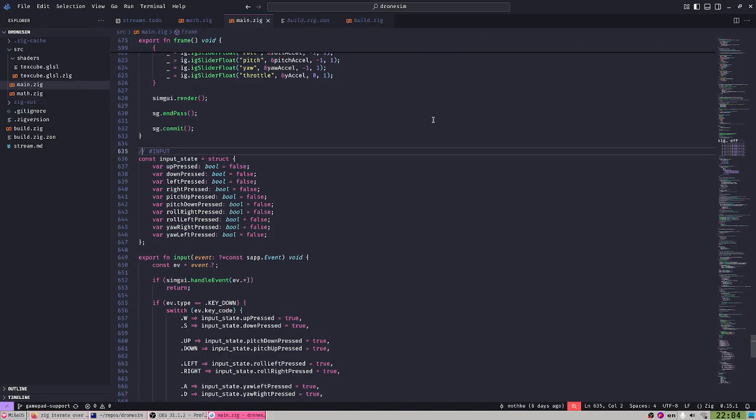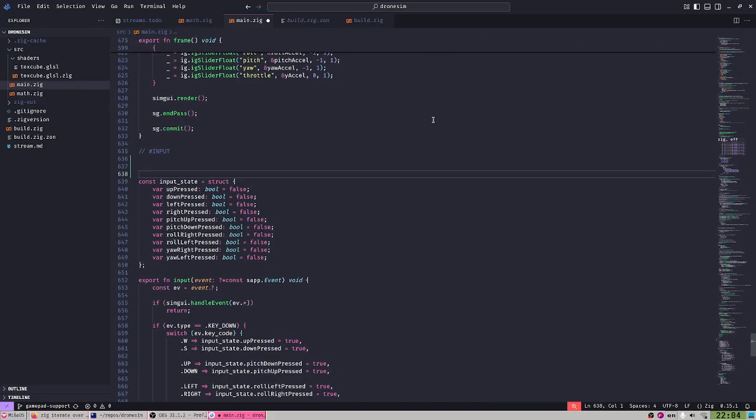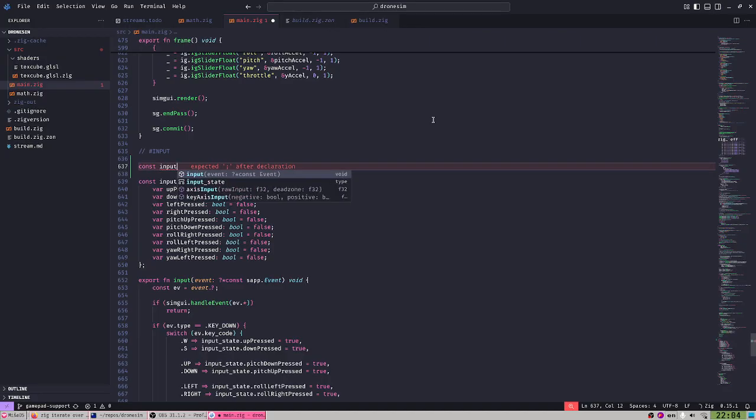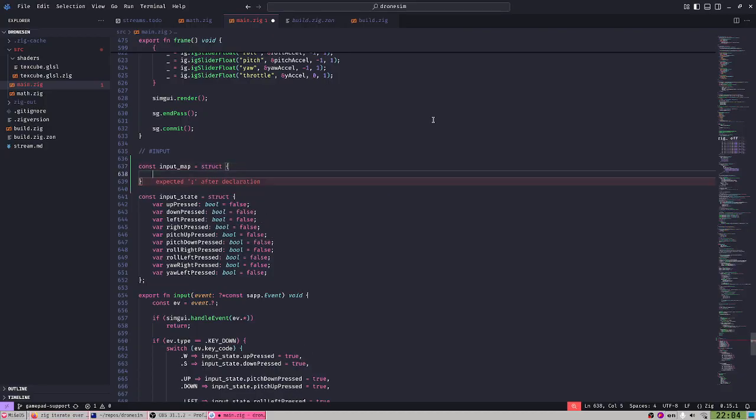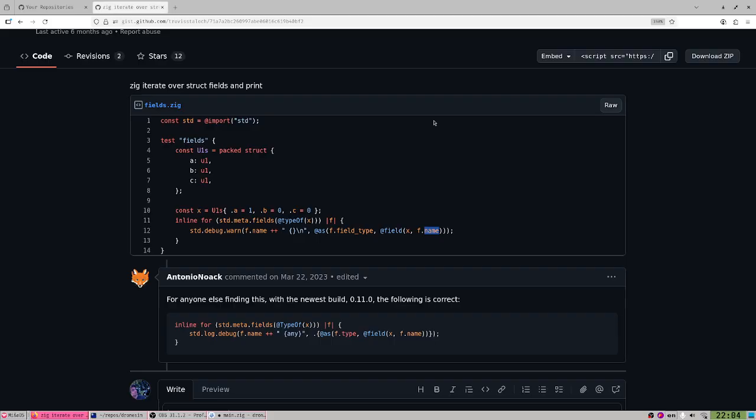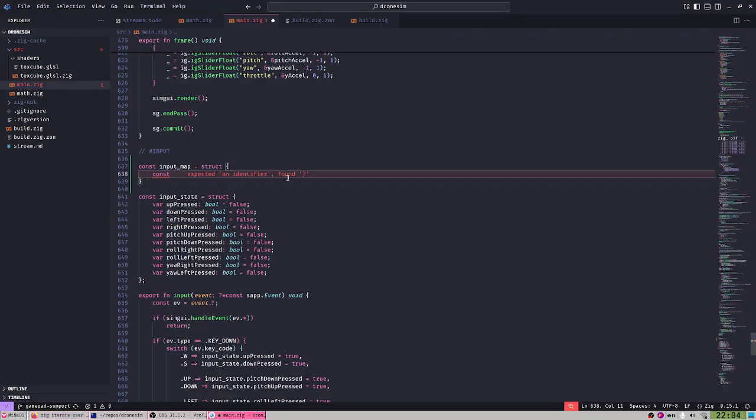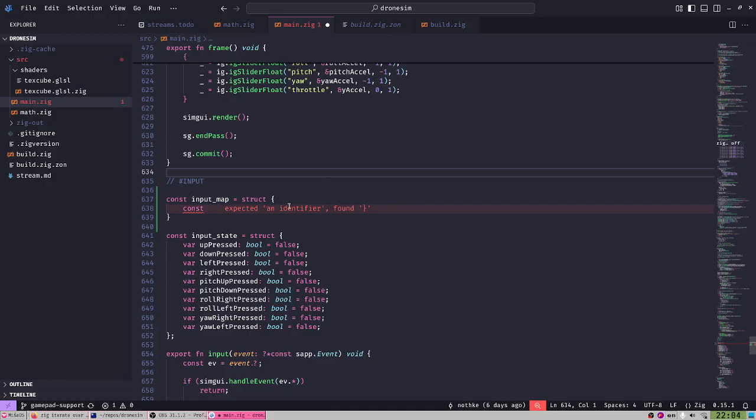Yeah, so here's what we're going to do. I have an idea. We're going to have two structs. One struct is going to be the input map, which is going to actually map. It can be const, I guess, because everything is... I wonder if you can loop through consts. You must be able to do that. So if you do a const,